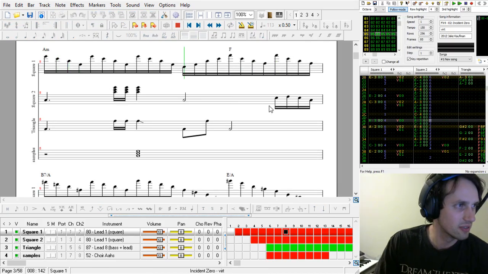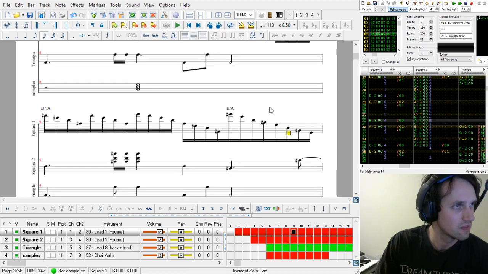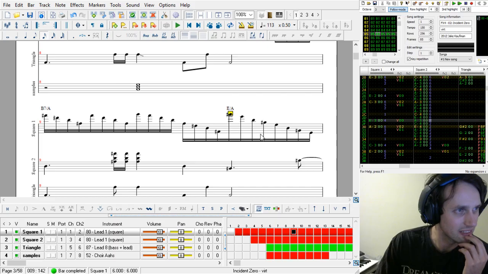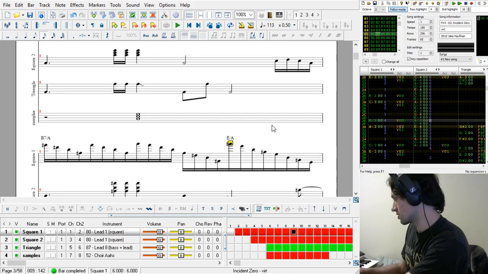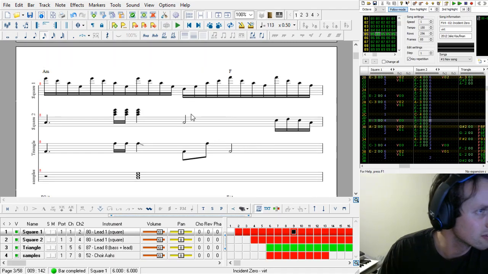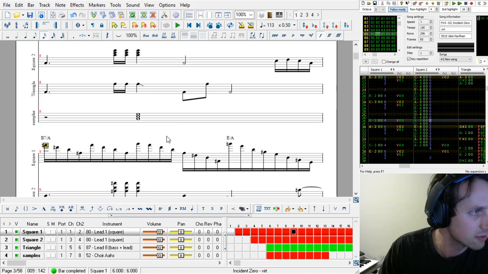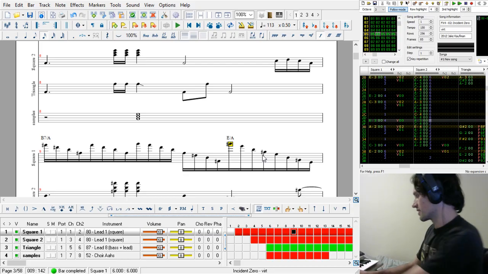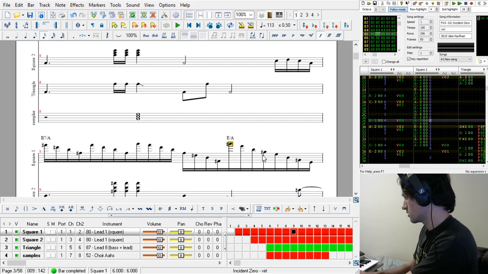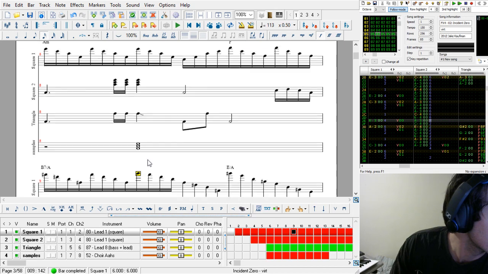So there's an A pedal tone in the bass, but it gets a little different here. So it's an E over A instead of G sharp minor. That means we have E natural instead of D sharp. Check out the upper voice here. There's an E going to an F, going to an F sharp, going to a G sharp. So you get some good voice leading going on there. Actually, it goes a bit higher than that. I forgot, there's a G natural here coming up out of this.